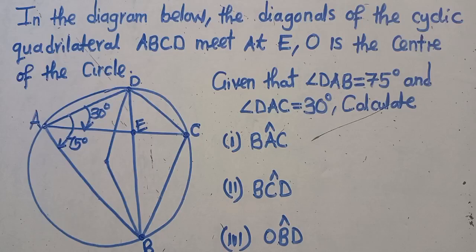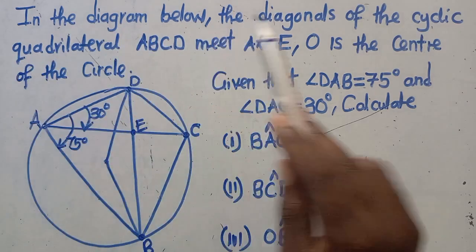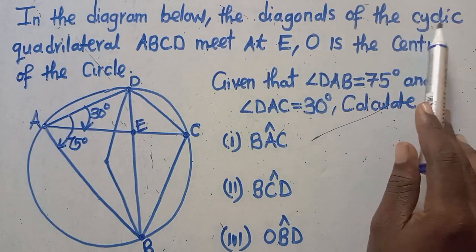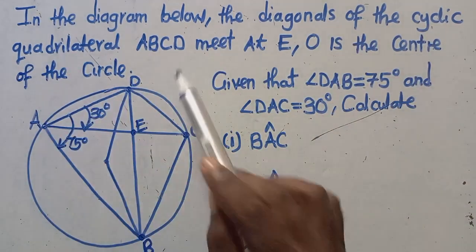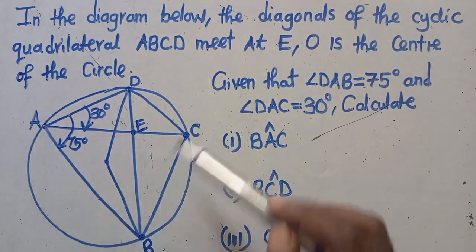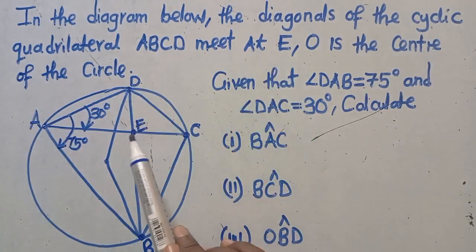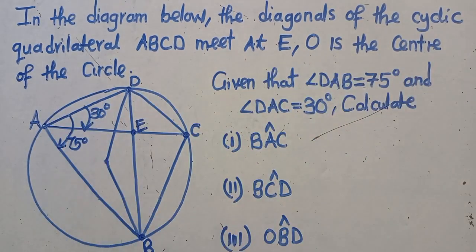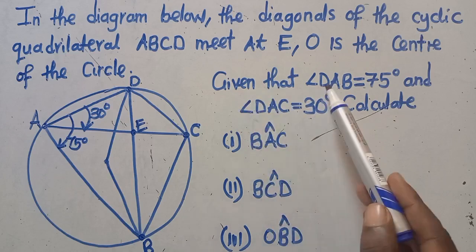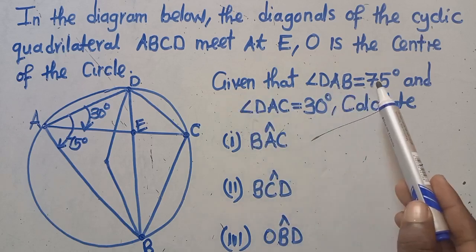So we are given this particular question falling under circle properties or circle theorems, just one and the same. The question says: in the diagram below, the diagonals of the cyclic quadrilateral ABCD meet at E. O is the center of the circle. Then we are told that angle DAB is equal to 75,